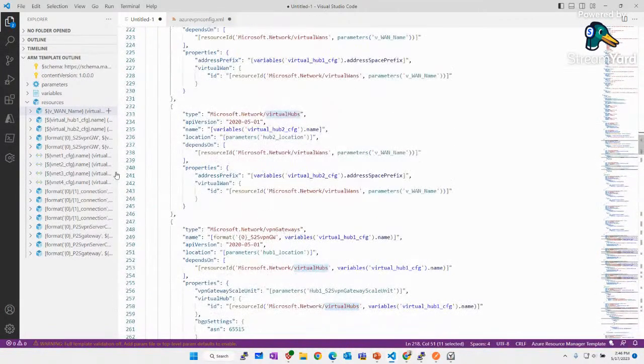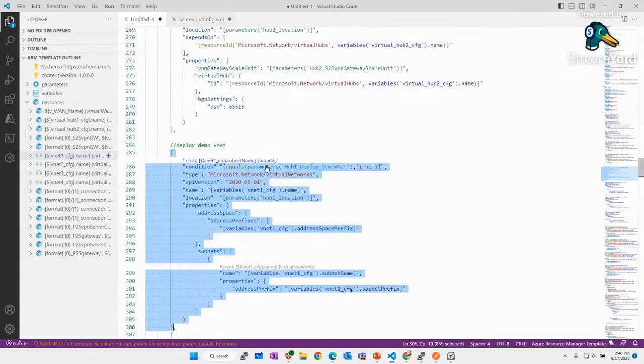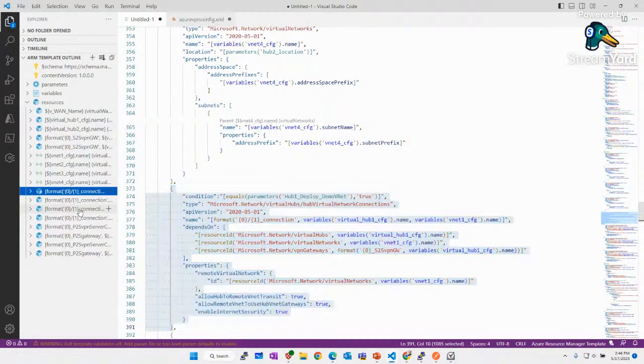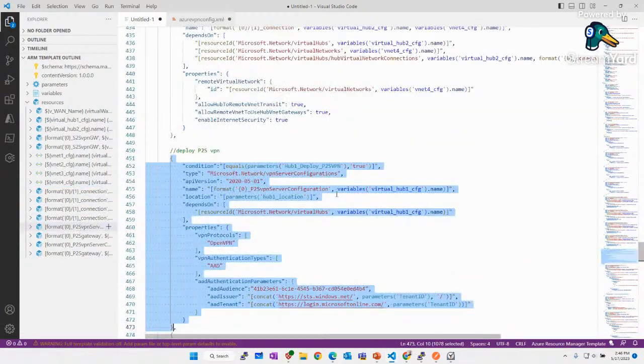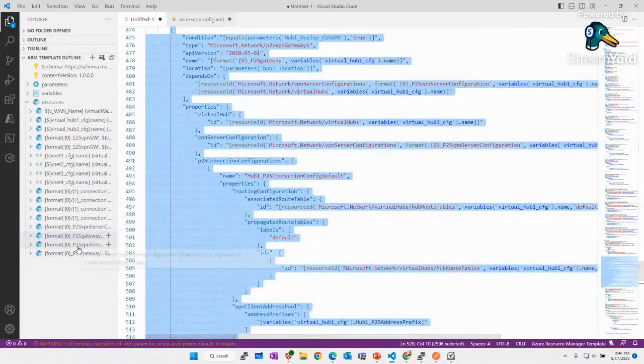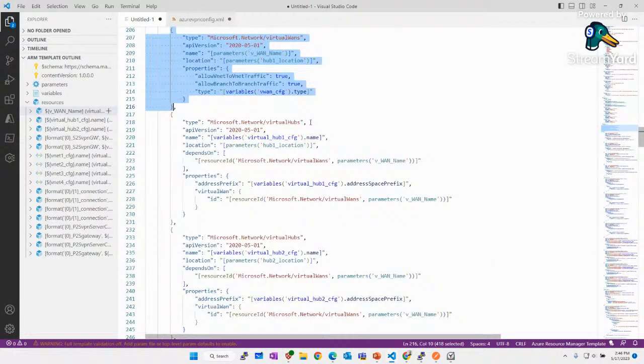I have here my gateways. I have here the virtual networks, also the connections from the virtual networks. I have here my point-to-site VPN connection, the VPN gateway connection, and so on and so on. So everything is available here. With ARM templates, you can also, if you prefer, use Bicep or Terraform, everything is in place.